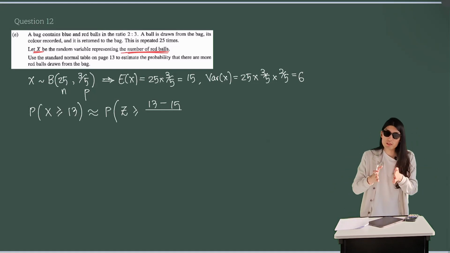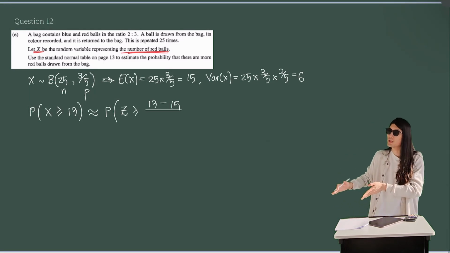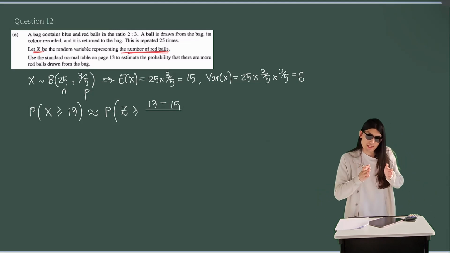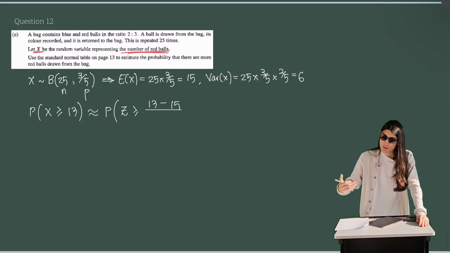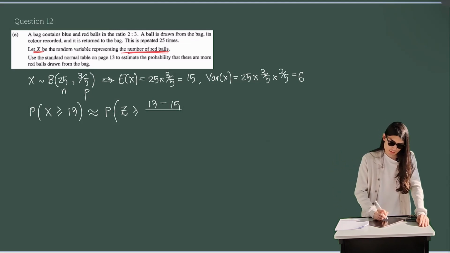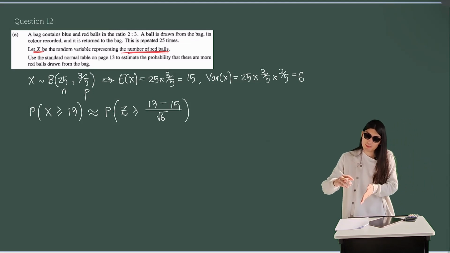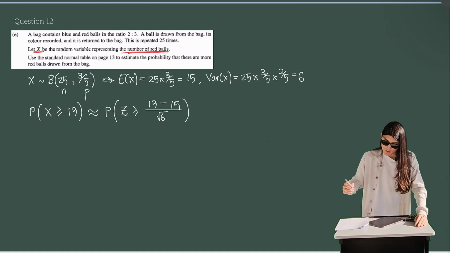We also call that the deviation. The deviation of the score 13 is minus 2 away from the mean, which means 2 below the mean, okay? And when you ask for the z-score, what they're asking is, in terms of number of standard deviations, how many is that? Well, the standard deviation is the square root of the variance, the square root of 6. So we can say that 13 is 2 divided by root 6 standard deviations below the mean because of the negative sign, okay? And this